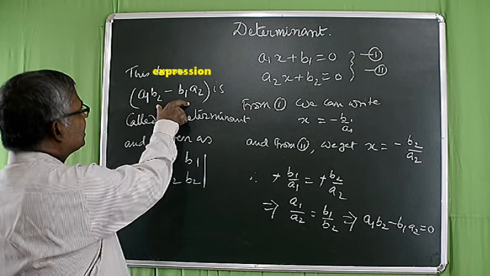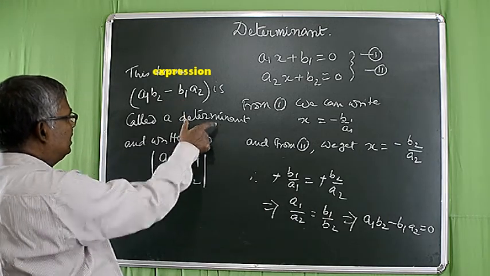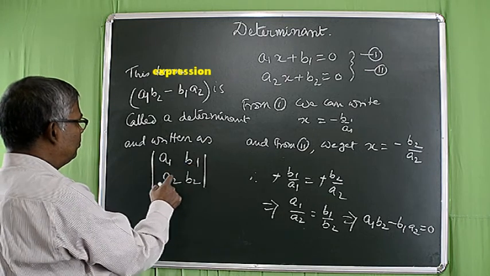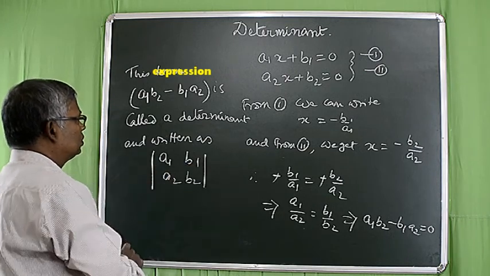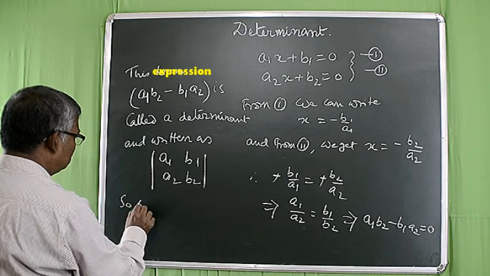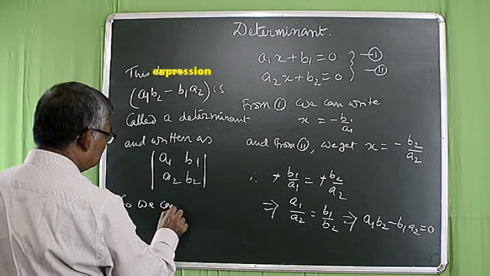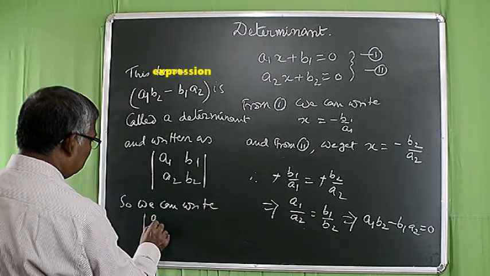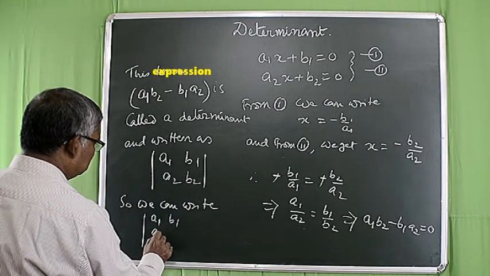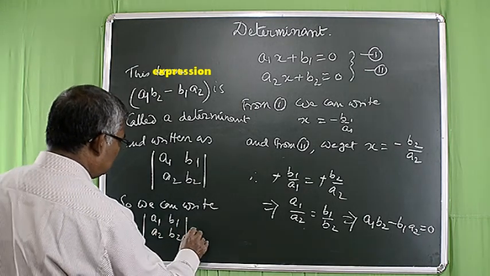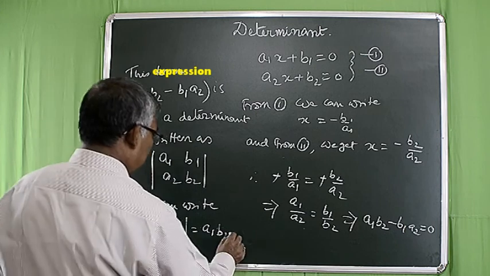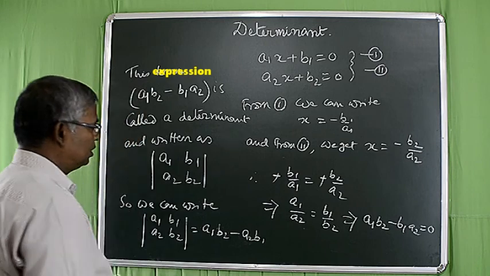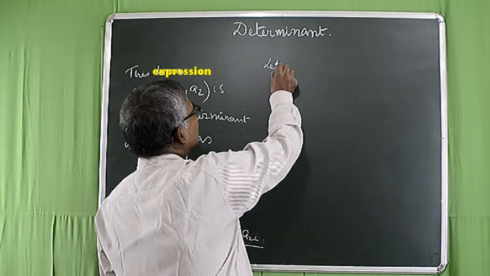Now this algebraic expression is called the determinant and written as a1 b1 a2 b2. So we can write del = a1 b2 - a2 b1. Let del equal to